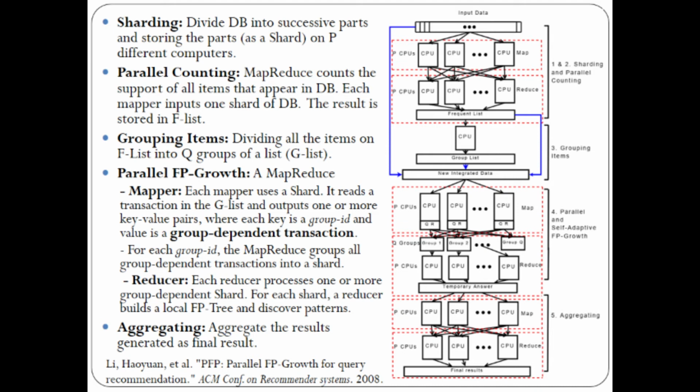Then the CPUs were being used for processing those groups in the reducer part. Then you do the reducing, and in the reducing you again generate the sum of the results, and it was being stored in the shard. And this reducer processes one or more groups together, and then the reducer will start generating the local FP tree according to the code that you had written based upon the discovered patterns.